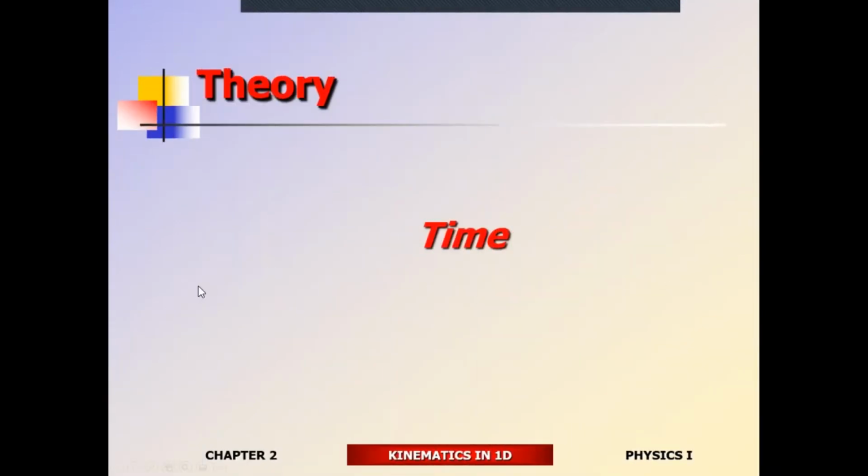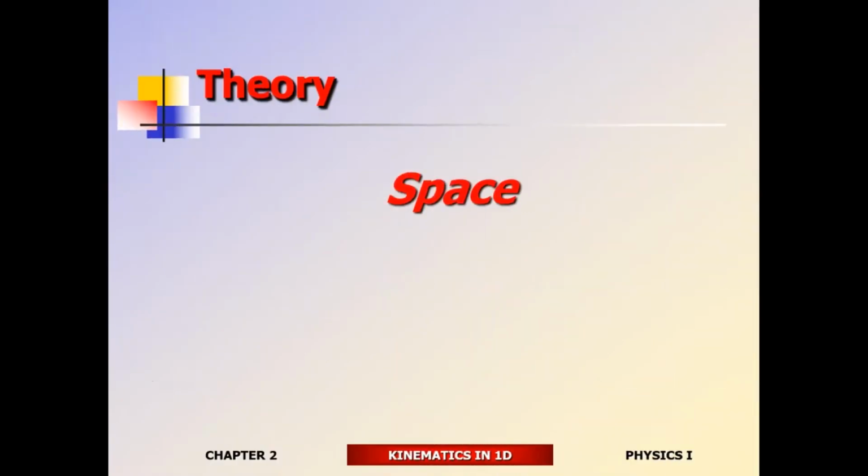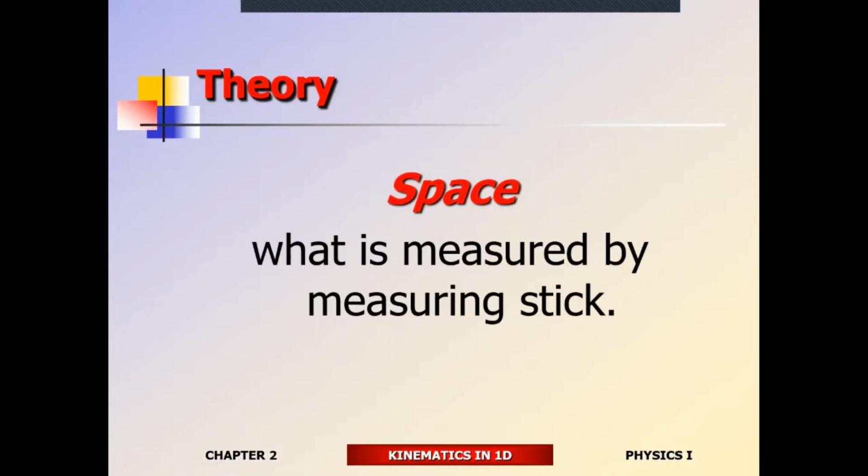So what's time, for example? Einstein came up with the best definition of it. Einstein says time is what's measured by a clock. Space, in your mind, it could be one-dimensional. So right now we're doing kinematics in 1D, for example. It could be two-dimensional, so it's going to give you an area. It could be three-dimensional, so it's going to involve a volume. If it's string theory, it could be 10-dimensional or 11-dimensional. Regardless of the number of dimensions that you may have, you still have to express each and every single dimension in the way you measure it. And once again, Einstein's got the best definition for space. He says space is what's measured by a measuring stick.